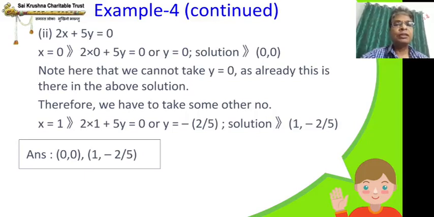So now you remember, if the constant c is 0, ax plus by equal to 0 is the question given. c is missing here. If c is missing, then you cannot take 0 for both the variables. You can take 0 for only one variable and continue with the same variable with different numbers. Or you can take for y also. You can take y equal to 1, instead of y equal to 0. Then it will become what?